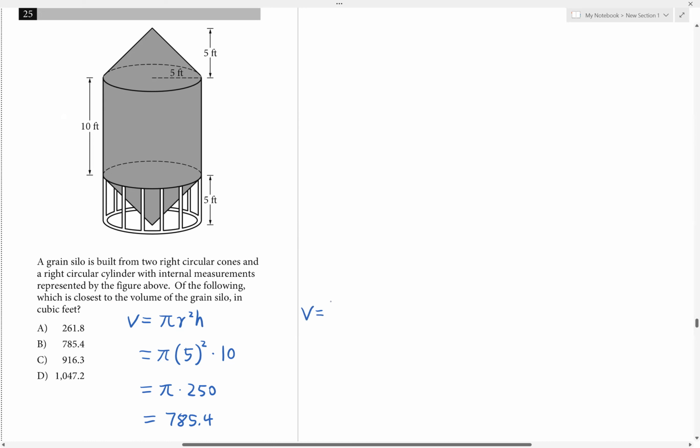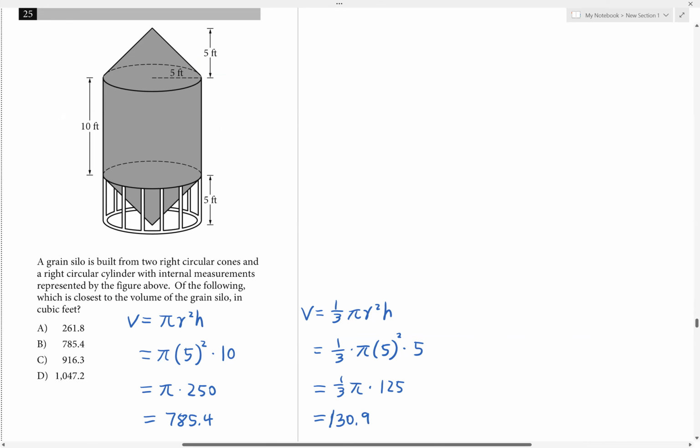All right, now let's solve for the volume of the cone. For a circular cone, the volume formula is 1/3 pi r squared times the height. Okay, again, this formula is also on the formula sheet, so we can use it if needed. So it'll be 1/3 times pi times radius 5 squared times the height. The height of the cone is 5 right there. Okay, so multiply by 5 there. 1/3 pi times 5 squared, 25 times 5 is 125. And then we'll just type in the calculator. Okay, that times pi divided by 3. It's about